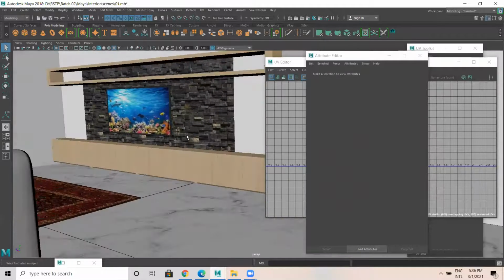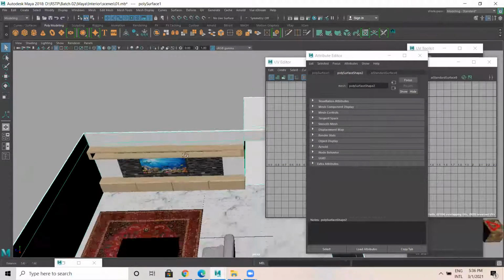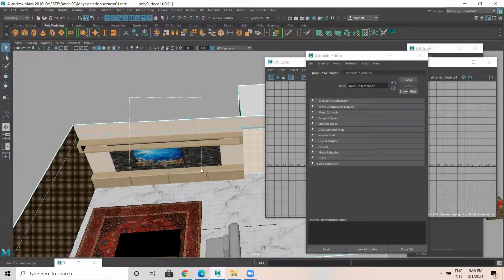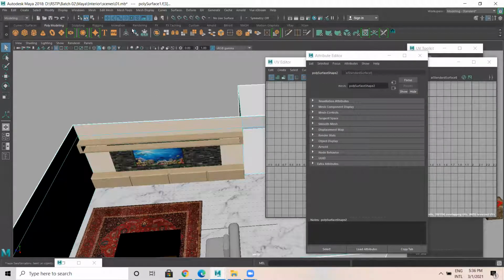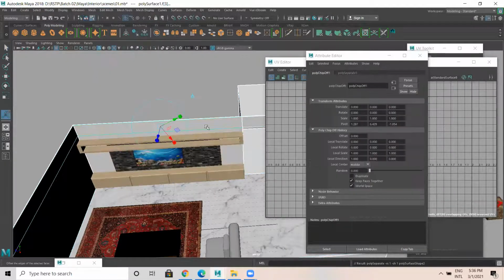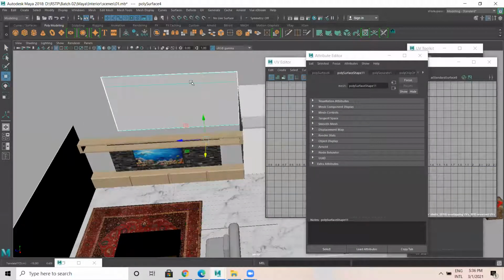You can even change these things. That's okay. And this particular wall, I want a different color for this wall. So that's the reason I'm selecting these faces, and I want to extract this. Go to edit mesh, extract. So it's a separation. I made this particular model separate. See, only this is separate.